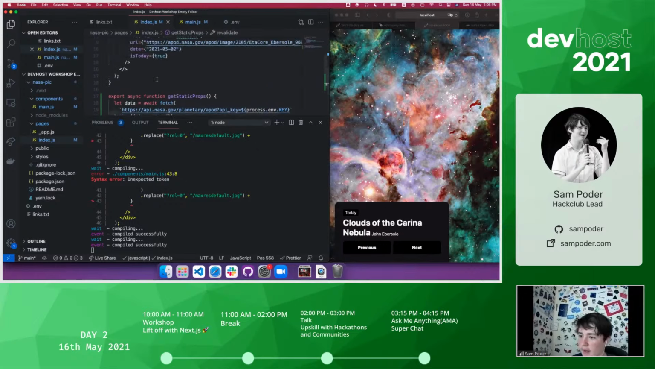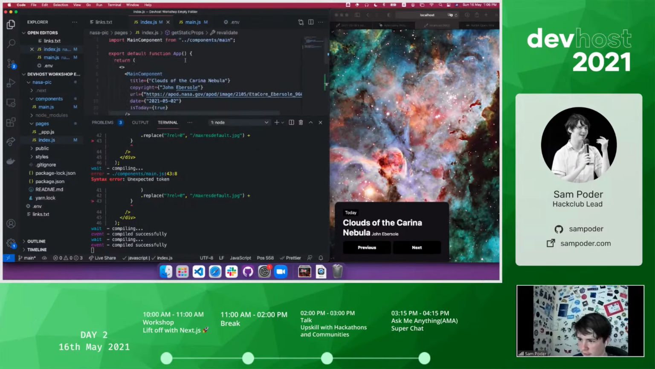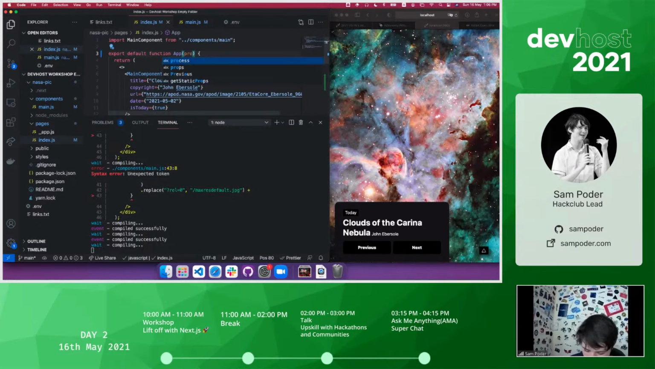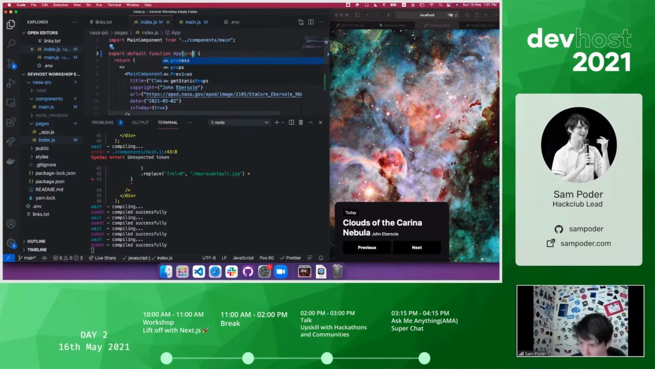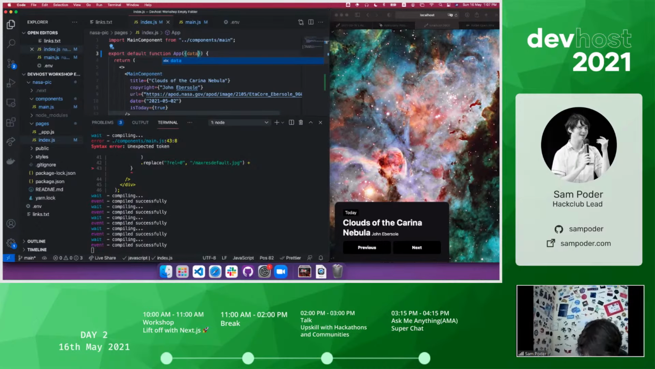Let's now head back into our index.js. And now we want to use our props. So if we head up here, we want to write props, put it in curly braces, and then data. That lets you get your data that you just shared. Then we can quite simply just delete all of this stuff